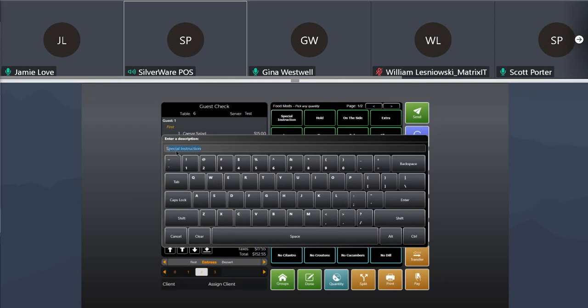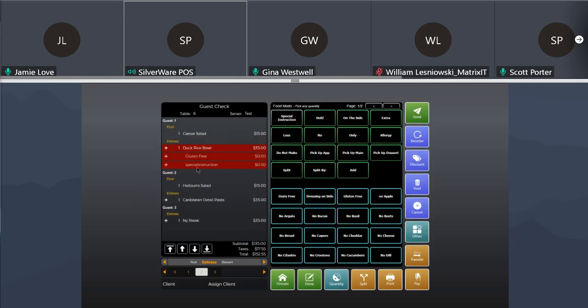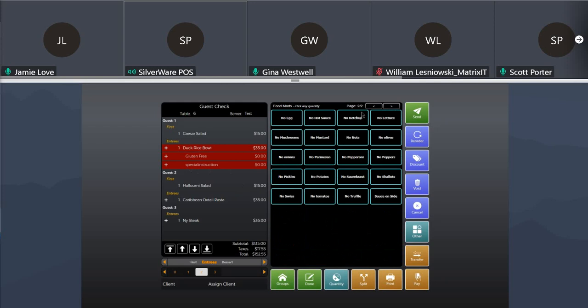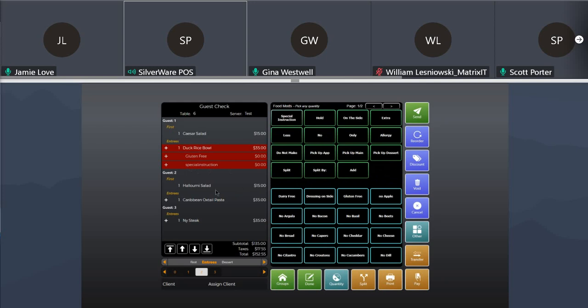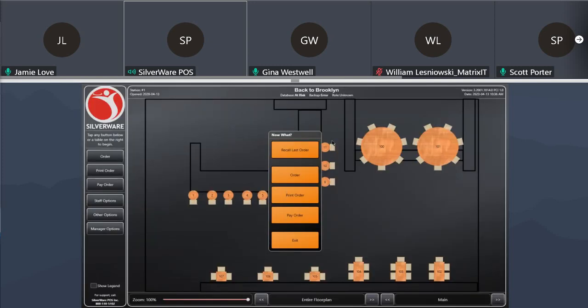But I have a keyboard, so I'm just going to type special instruction. I didn't hit space, but special instruction. So this is something that will also get sent to the kitchen, but it's obviously not something that's on here, as I just typed that. Now we'll notice that these are modifiers because they're coming in underneath the original item in a little bit of a grayed out color, and they're a little bit more indented, so we know that these modifiers are part of this item. If I send this through now, and I hit send,